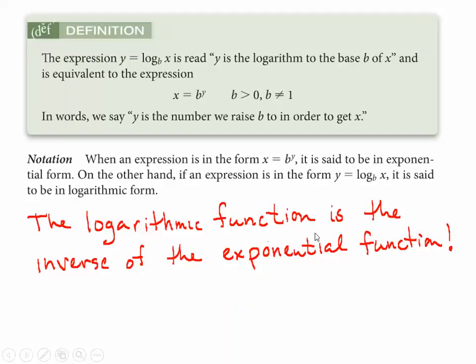The logarithmic function is the inverse of the exponential function. We'll get into some weird stuff here in a bit, but just for us to know that: exponents and logarithms are just inverse functions of each other. That's why we took a whole section 8.2 to look at the whole concept of what an inverse was. So now we're finally going to look at it. All right, let's go to